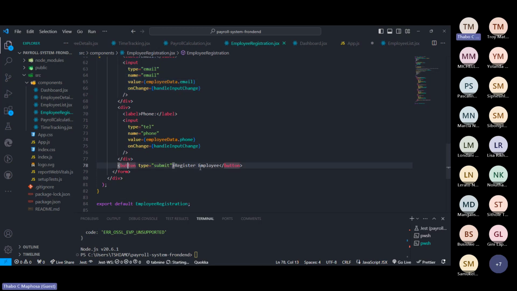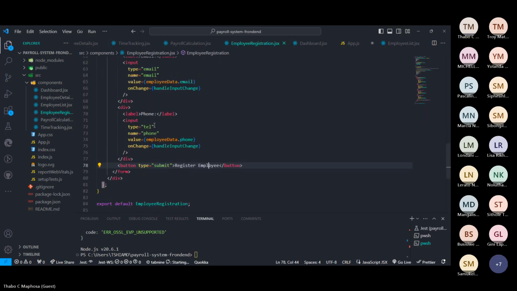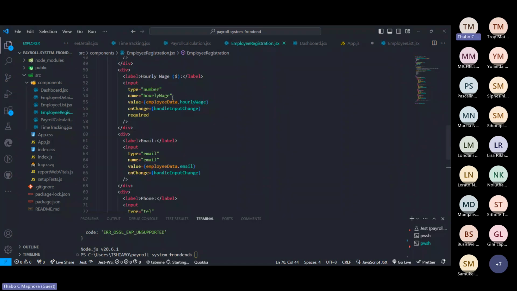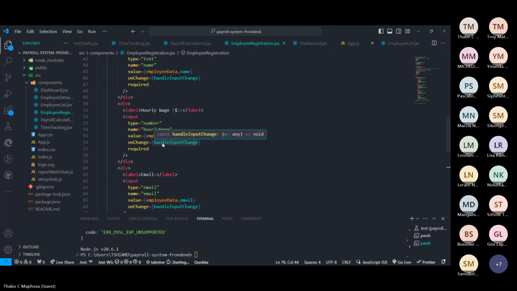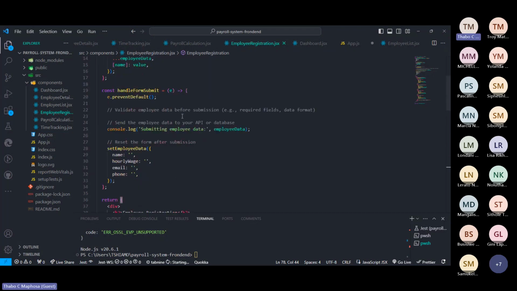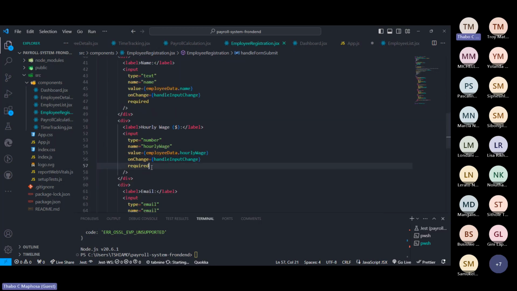Then there's a pattern underneath. You notice that it's nothing really. When you're looking at it, notice that the JavaScript code at the top basically corresponds to the return.